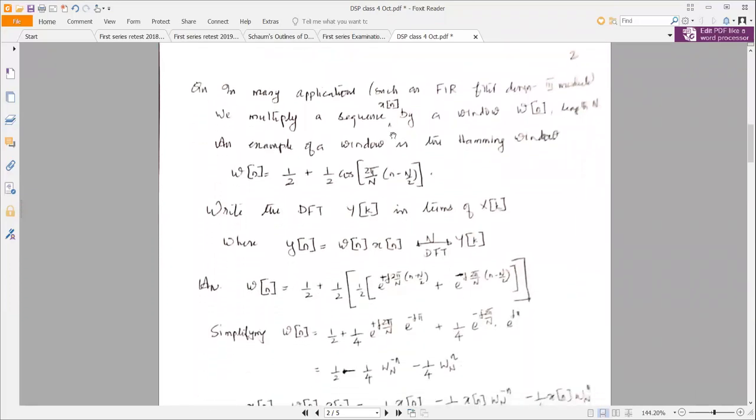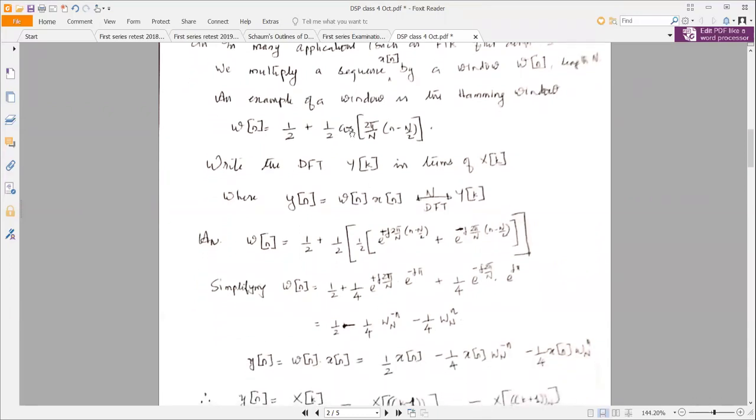Now, let us move on to the windowing theorem, which we had discussed. In many applications, such as in FIR filter design that we are going to discuss in the third module, we multiply a sequence x of n by a window w of n with length equal to N. An example of such a window is the Hamming window, which you can write as